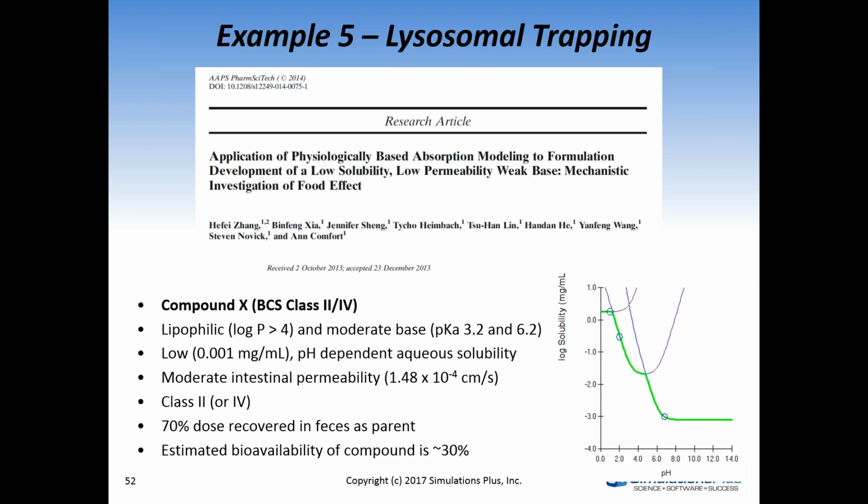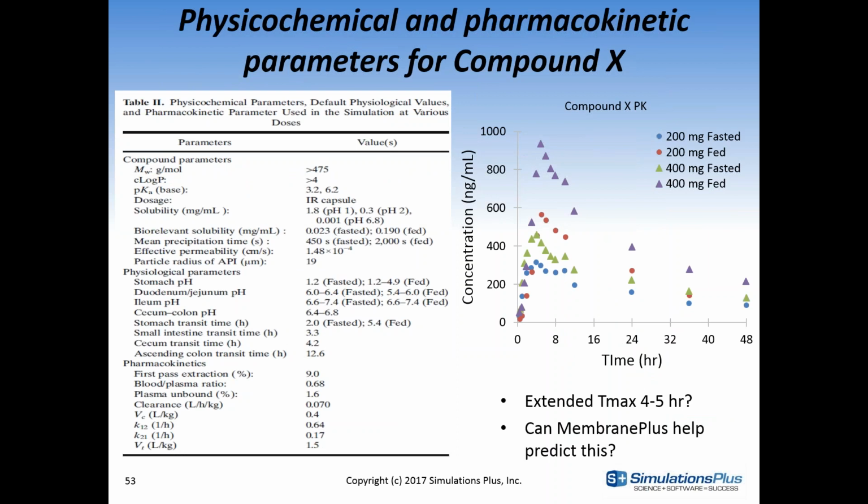And there were fasted and fed PK studies at 200 and 400 mgs for this drug. So all the compound properties we were able to pull from the paper on the left. We had a 2-compartment pharmacokinetic model we were able to use from the paper. We had all the inputs: experimental solubility, pKa, all the different properties necessary, particle size to